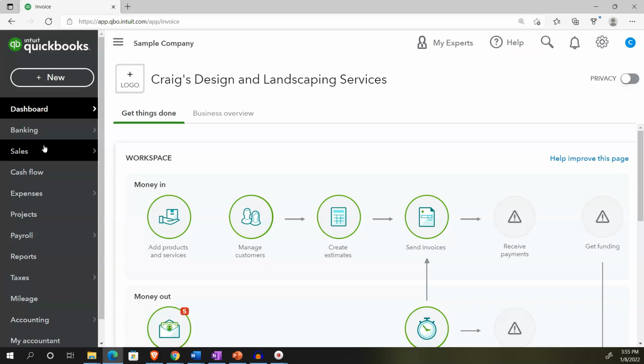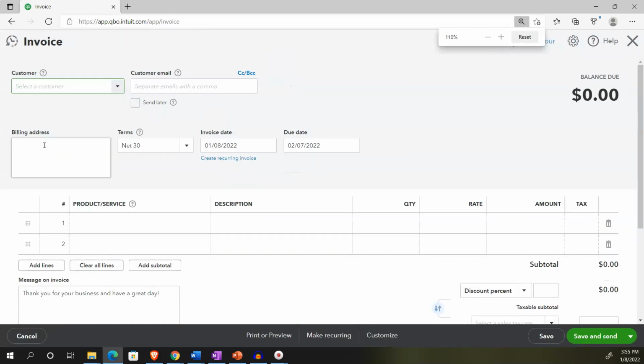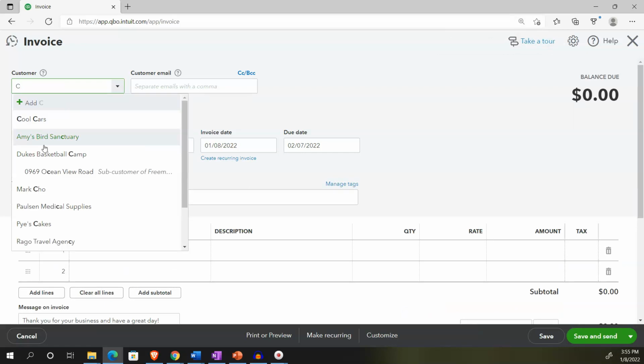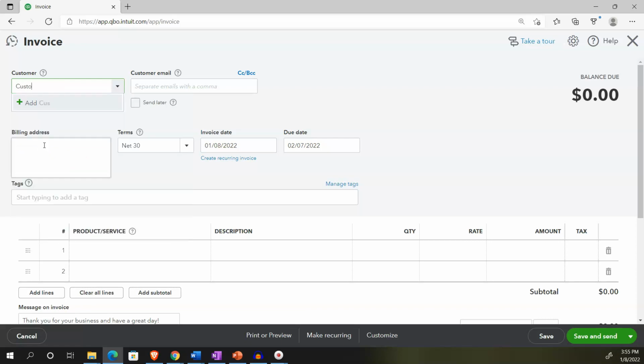I'm going to do the same thing we did last time. Now remember, I logged out and logged back in. So the stuff I saved last time is no longer there. If you have the stuff saved from last time, it might be a little bit easier, but you might want to log out and log back in and practice just doing it again. So I'm going to say this is going to be for customer one,